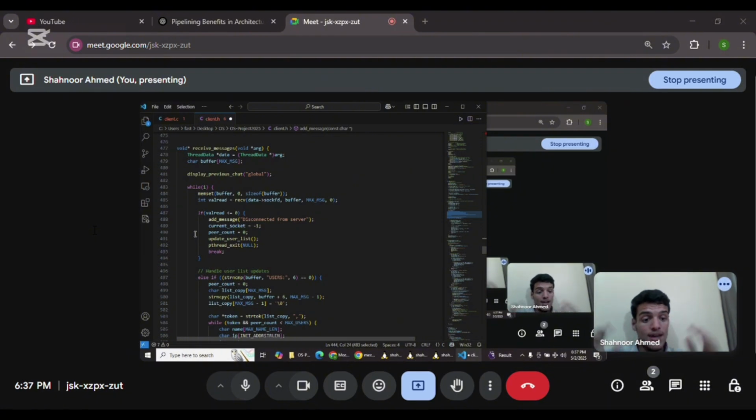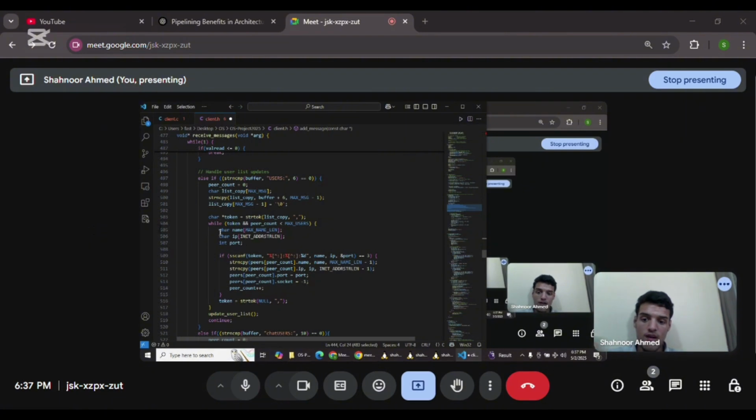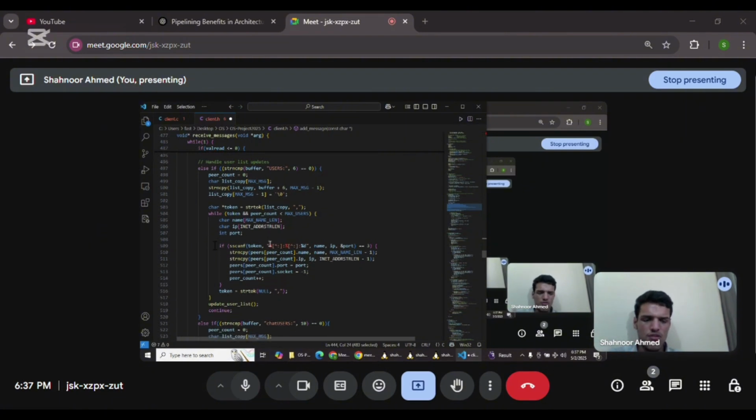So it is a format. The format is written in the server.h file. That message is sent to the receive message function, and what the receive message function does is that it first checks that it is sent by the user or chat user to distinguish between